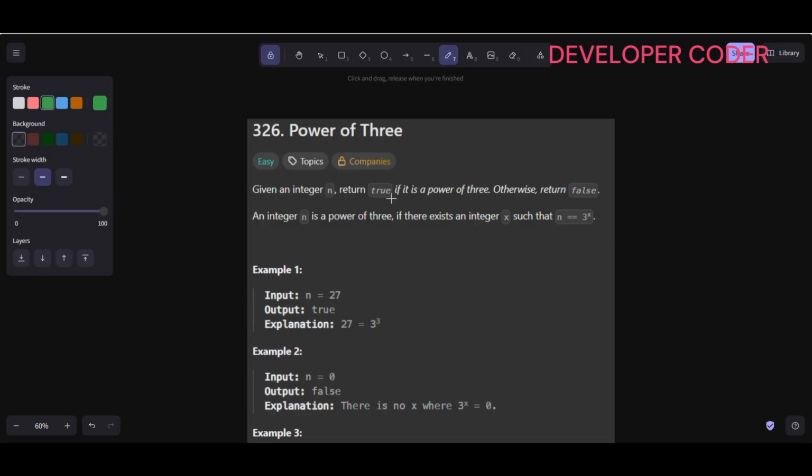Now without any delay, let's get started with today's problem. Problem number 326, power of 3. Let's read the problem statement. Given an integer n, we have to return true if it is a power of 3. Otherwise we have to return false. An integer n is a power of 3 if there exists an integer x such that n is equal to